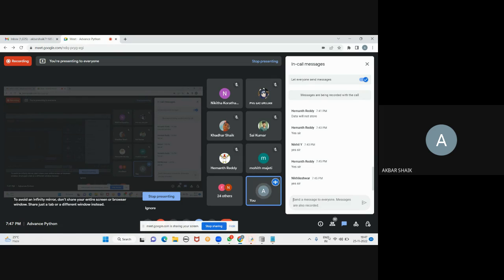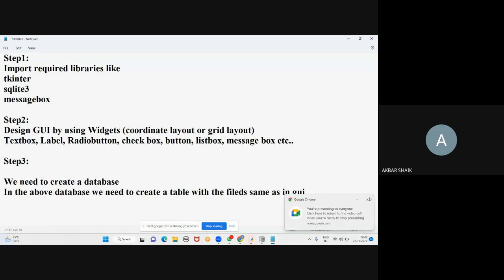So that is the next step. What is the next step? We need to create a database. And in the above database, we need to create a table with the fields same as in GUI. Right. So next step, once we created this,